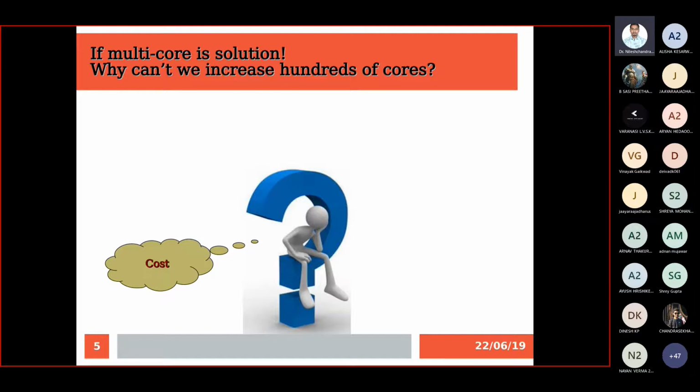For daily purposes, maybe 4 cores or 8 cores are enough. But let's say you're working on problem statements that require huge computing power. In that case, you want to switch from your dual core system to maybe a 100 core system. But obviously, if you want to switch from a normal machine to a workstation promising 100 plus cores, then of course you have to pay that price.